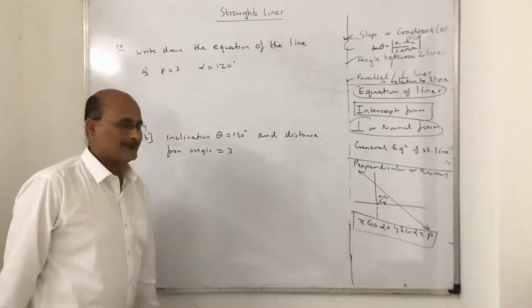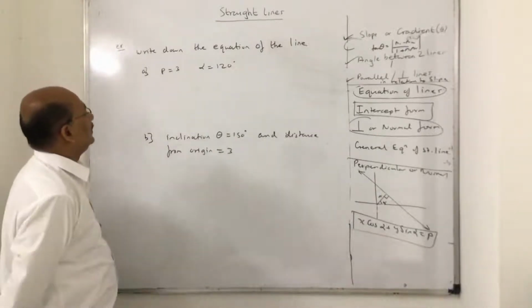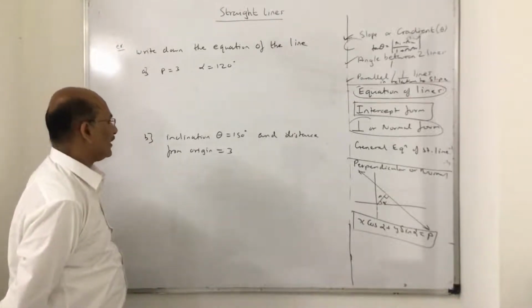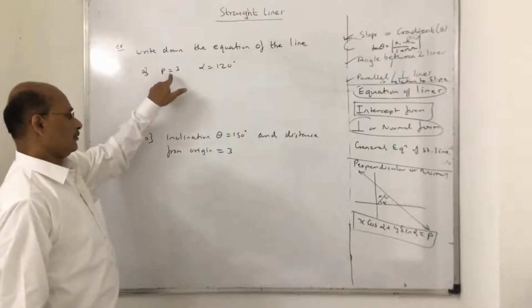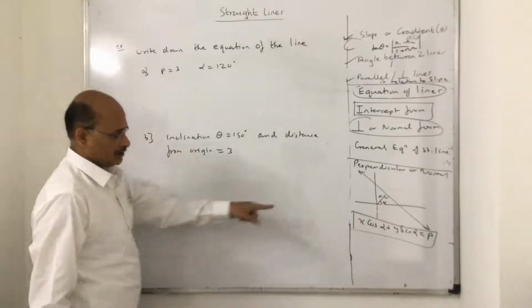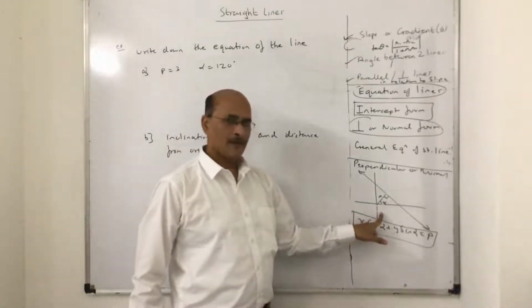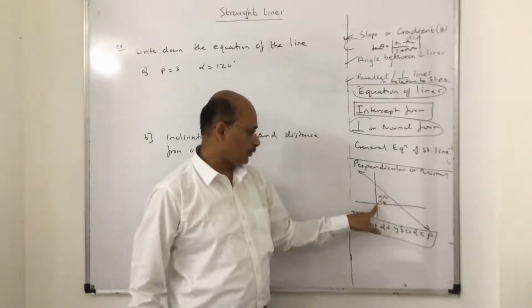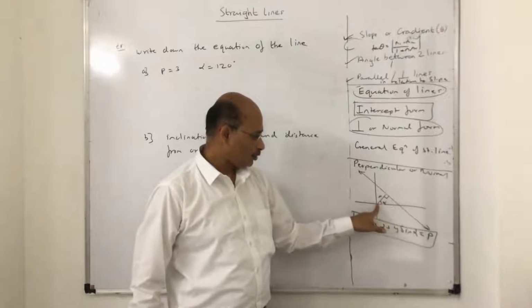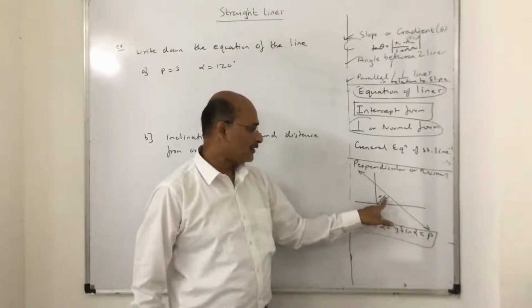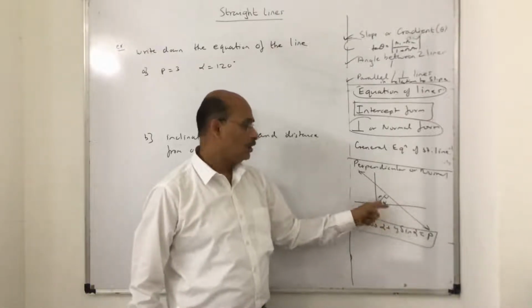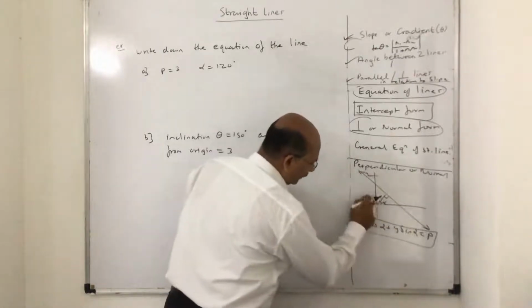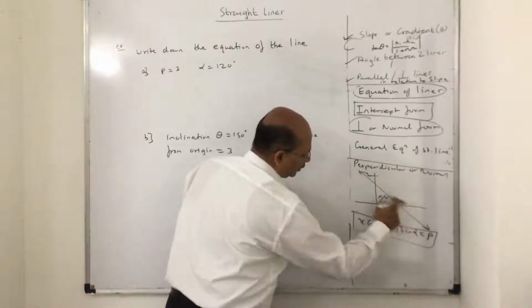Okay, let's have a look at this question now. Write down the equation of a line where P and alpha are given to you. In this case, P should immediately strike you as the normal form, or perpendicular form. P is the distance given from this line to the origin, and alpha is the angle made by the perpendicular. So to find the equation of this line, I am using P and alpha, which are not connected at all to the line.